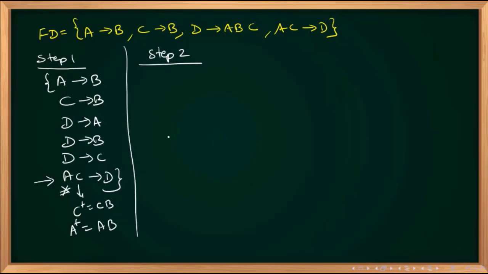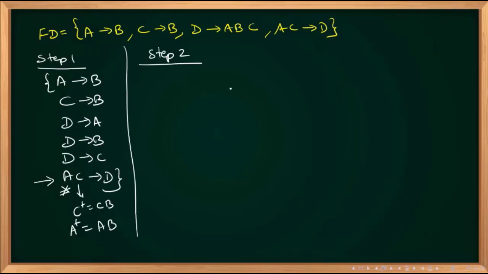The A closure contains AB. You cannot remove anything, no? Are you able to remove anything? Either A or C, can you remove? Please type the answer, yes or no. You cannot remove either A or C, because when I take the AC closure removing A, I am not getting A. If I am removing C, in the A closure, C is not coming. Okay. So I cannot remove any attributes from the LHS. So that thing is over.